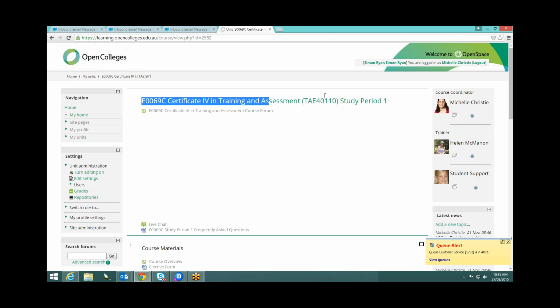So, can you see where I'm highlighting at the moment? Certificate for Training and Assessment. Yes. Awesome. That's the course I'm enrolled in. That's correct. And on the right-hand side here, you can see your trainer, Michelle Christie. Now, to contact her,